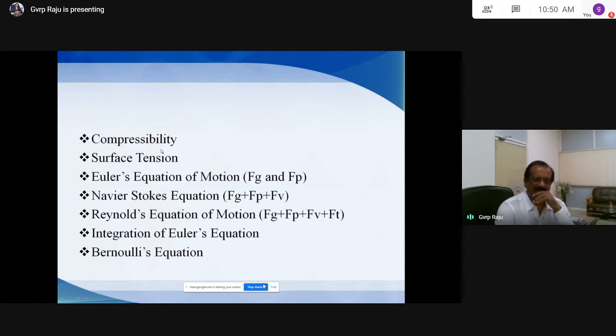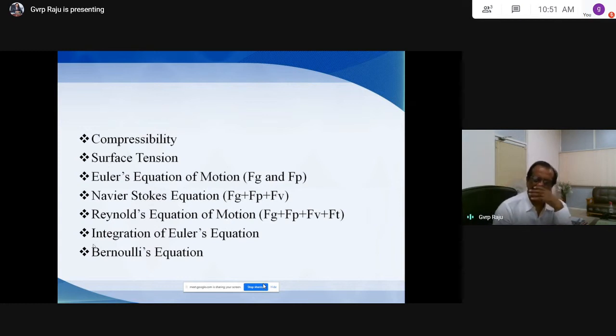We have Euler's equation. Very important: Bernoulli's equation. If you do integration of Euler's equation, then in Bernoulli's equation we will be considering only gravity force and pressure force. And if you consider only gravity and pressure force, and the resulting equation is integrated, the equation is